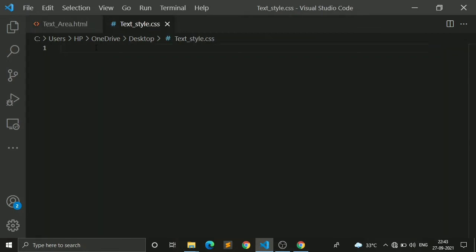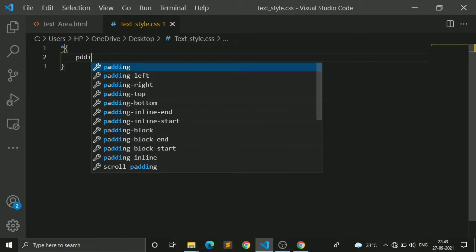So I am using a universal selector, the asterisk, which will select all the elements of HTML, and now I will give a padding of 0 for it.